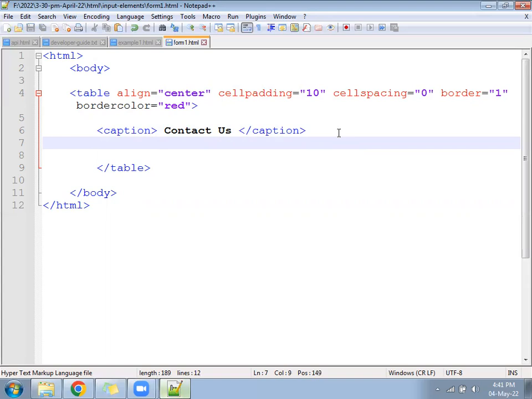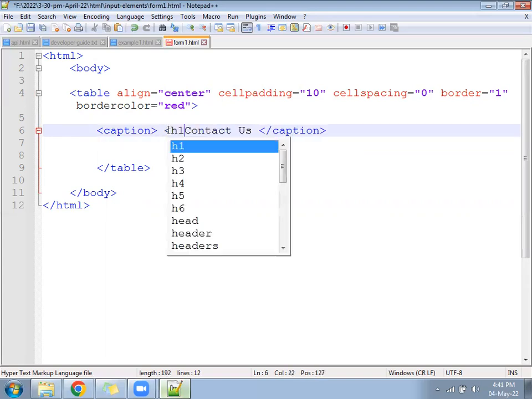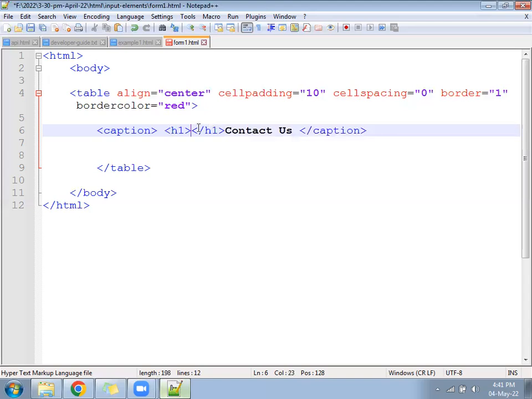Okay, contact us now. How bigger you want to display? Your wish. So for that we have H1, H2, H3. You can use anything. And contact us keep under the